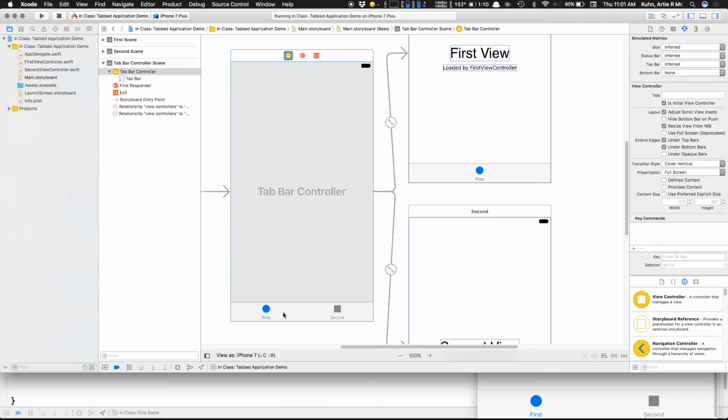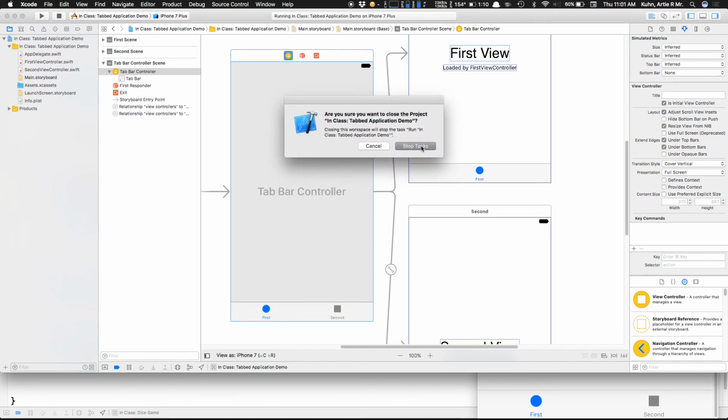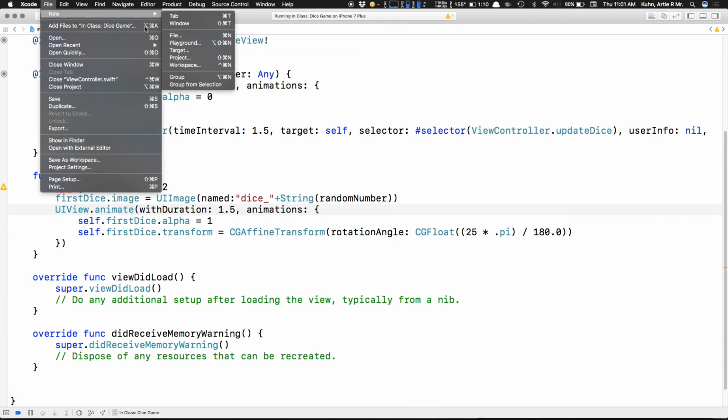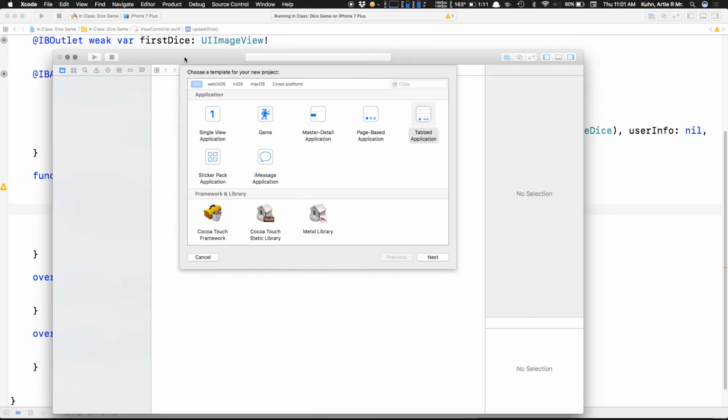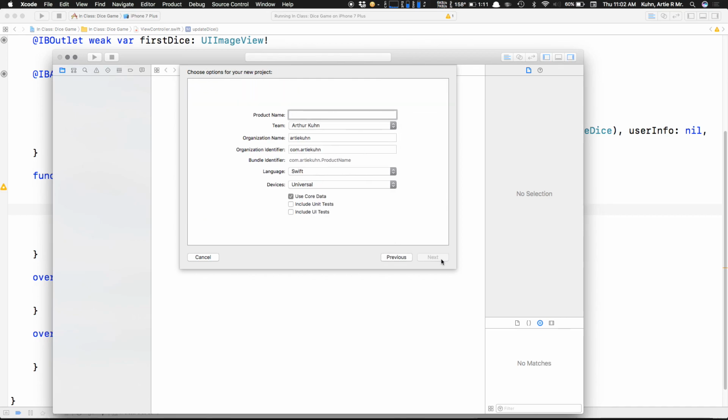Now there is a way to reset the screen when you jump around, and we'll get to that eventually. But just know that that's how this works, is that this always exists and this always exists, as long as you have the tab bar controller on screen. Okay, so that's one that's out of the gate, and it behaves exactly like you would expect it to. We're not going to bother with that. The last thing I want to show you for today, and I suppose I could have done this inside of the tab bar controller, but it's just simpler to view it inside of single view application, is